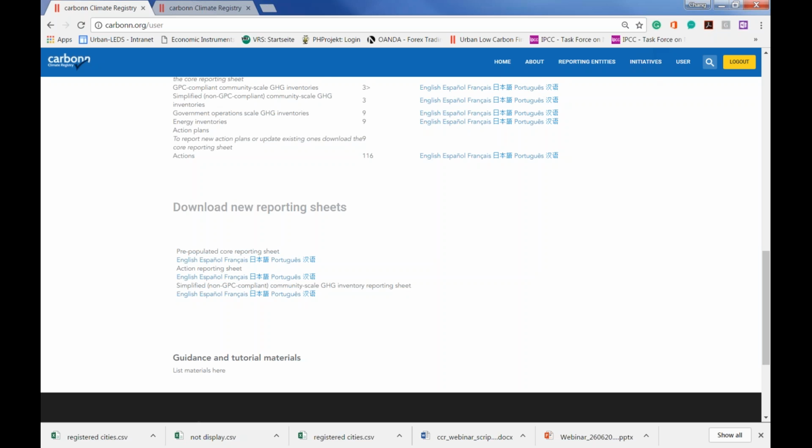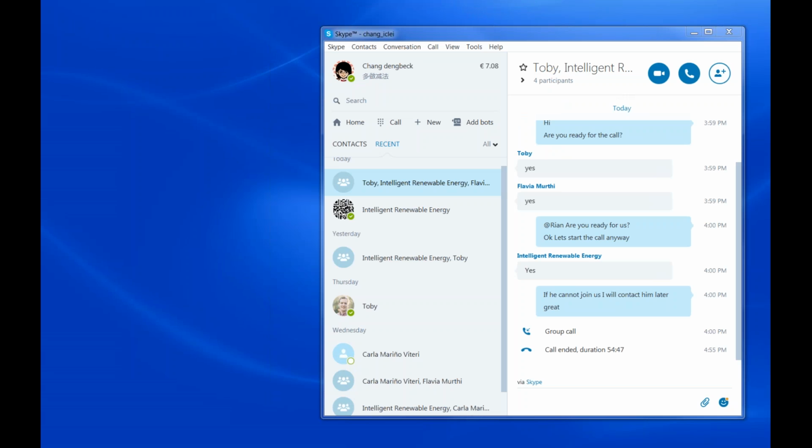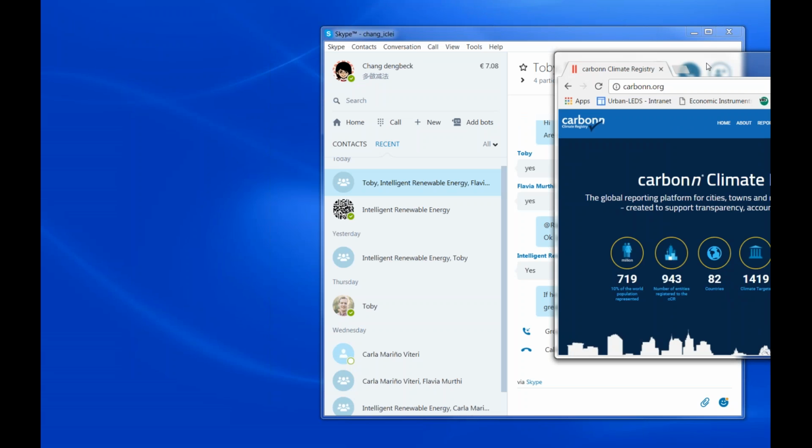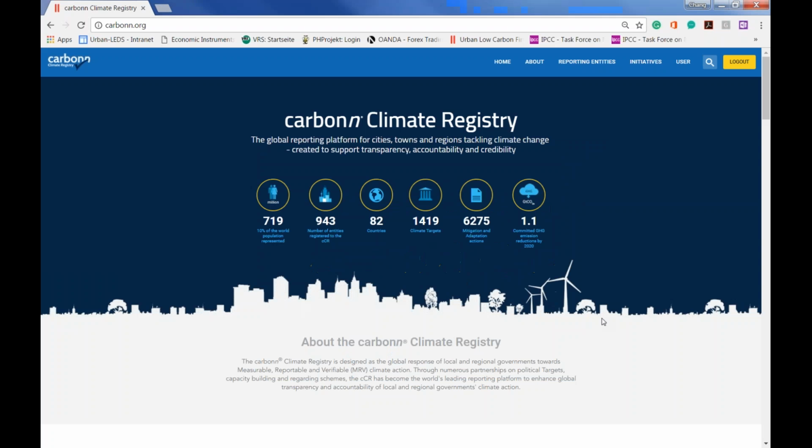That's all from me. I hope you're still with us. As you can see now, we display a lot more information on the page, and in order to have a good performance, a good representation of the city, we also have a higher requirement for the city's report. Now I will hand the floor to my colleague Carla, who will introduce the process, how we review the data, how we communicate back to you, and what follow-up action we expect in order to have a high-quality report displayed here. Now, Carla,